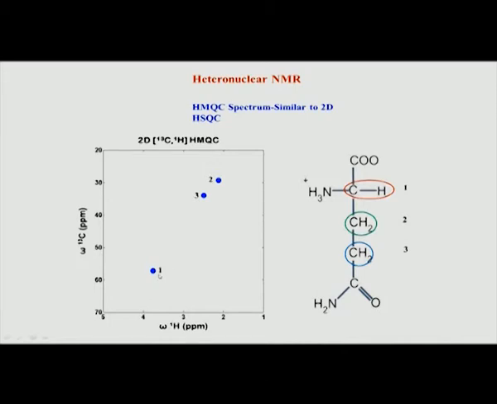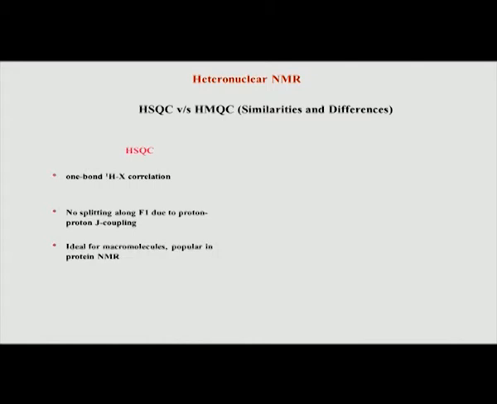So, 1 is this carbon proton, 2 is this, and 3. Very similar to HSQC, this is not a real spectrum, this is a schematic, but in reality there is hardly any difference if you look at the bigger picture, though small fine details definitely will not be the same. So, let us see what are the similarities and differences now between the two experiments that we have seen,